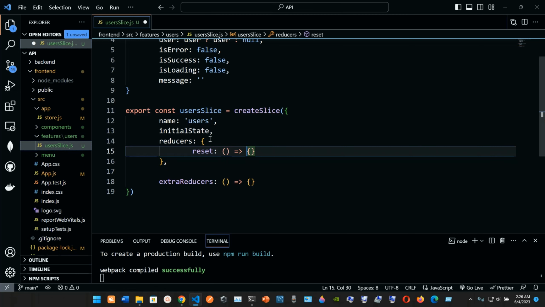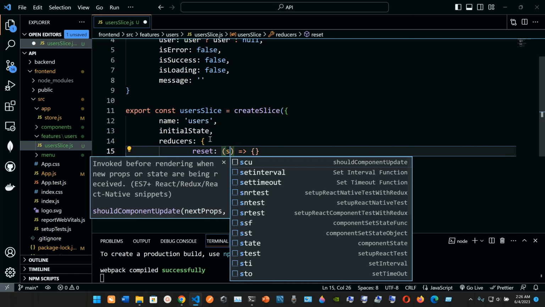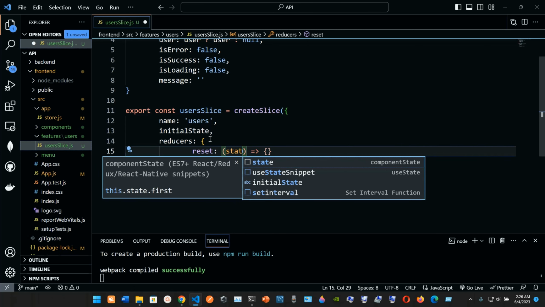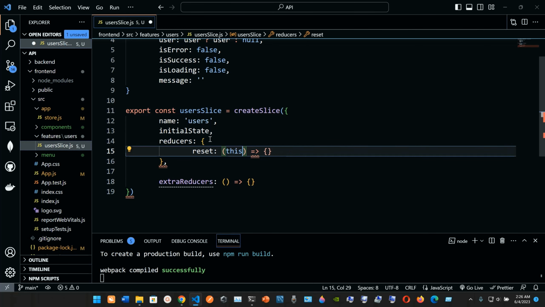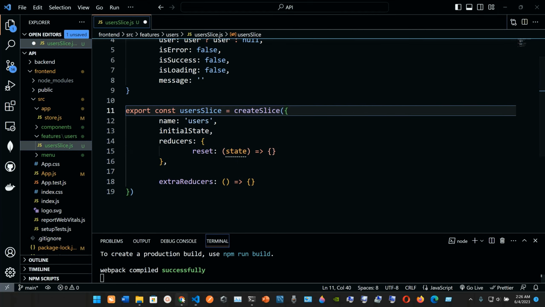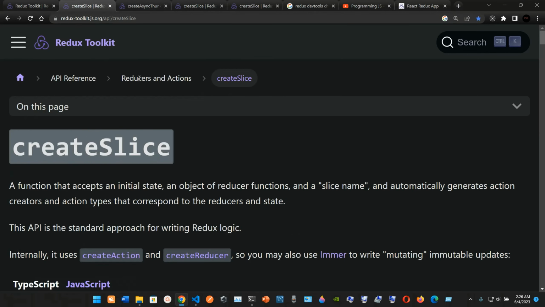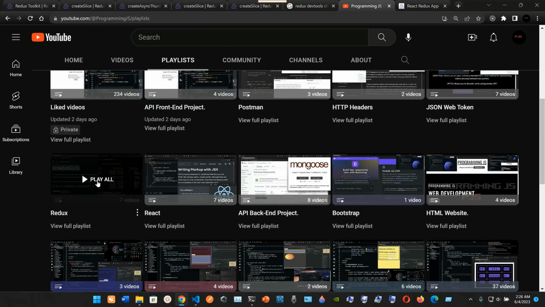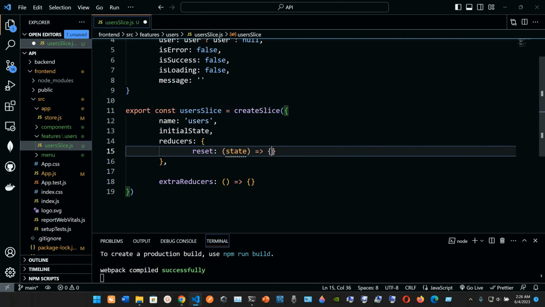It's gonna take as an argument the state, like that. And again, you can check out this information. We already saw some of the theory in the Redux series, so you can check out my channel and check out the Redux series. But it's gonna take the state, and now in the curly braces,